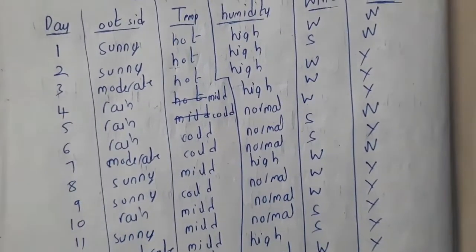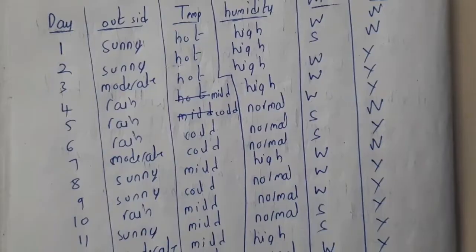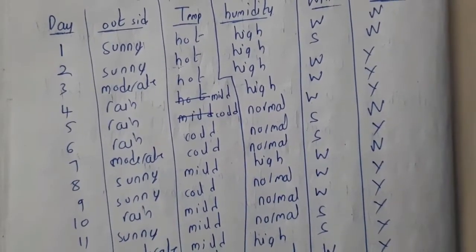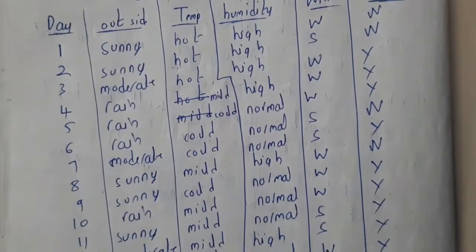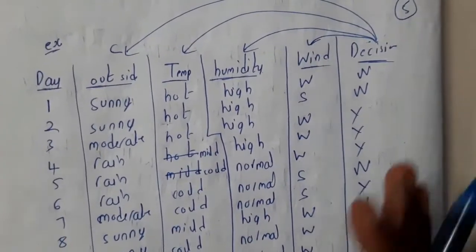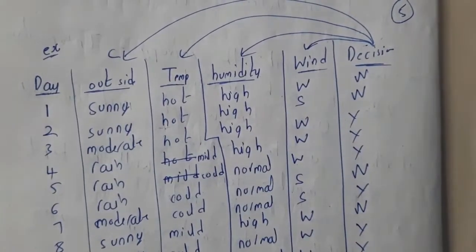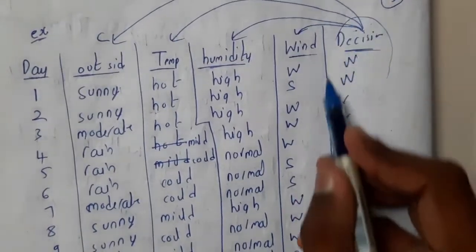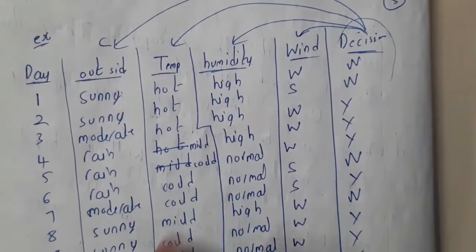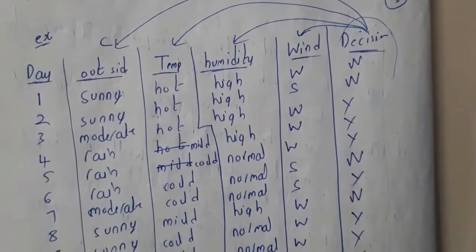So in this way, he gave 14 entries, guys, like 14 days details he gave. So basically, these kind of lengthy questions will not be given in the examination, so you can be a bit cool, like around 6 to 7 statements will be given, with 4 to 5 conditions, basically. Fine. So the first thing that you should decide in this is what you will be considering as your final decision. The best option will be to consider the final output only as your decision, guys, because it is having only two outputs, yes or no. It's fixed in almost every kind of question.